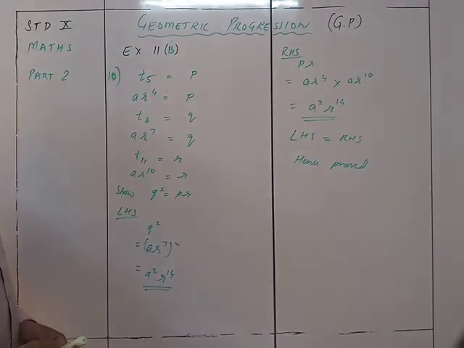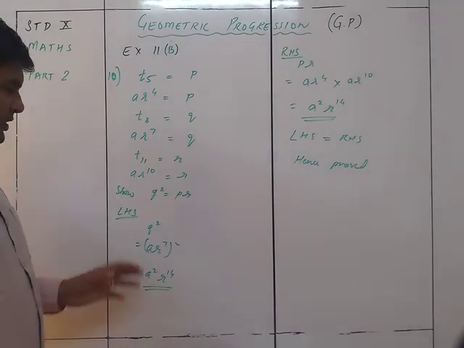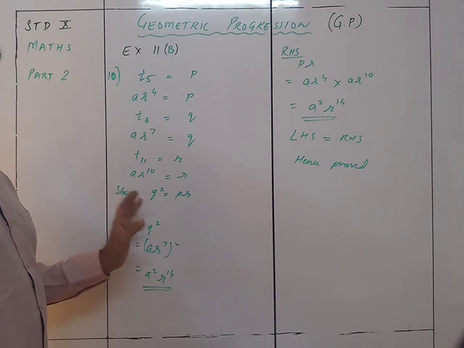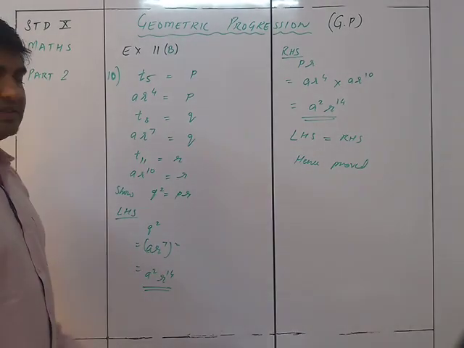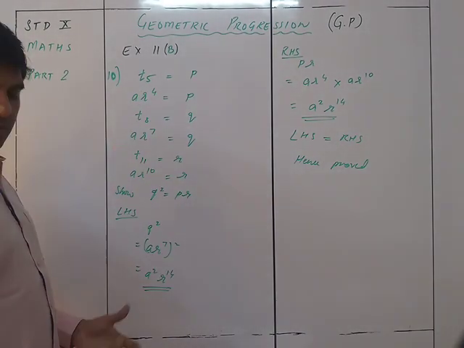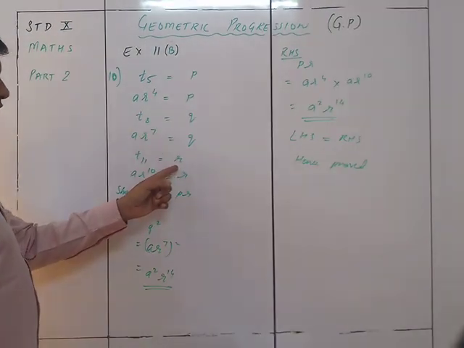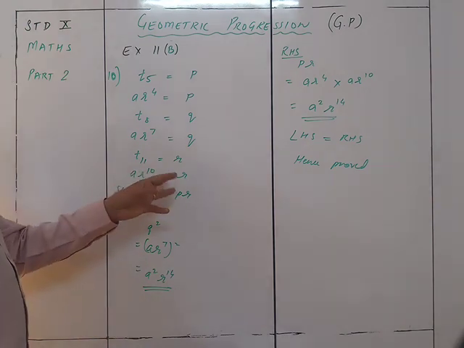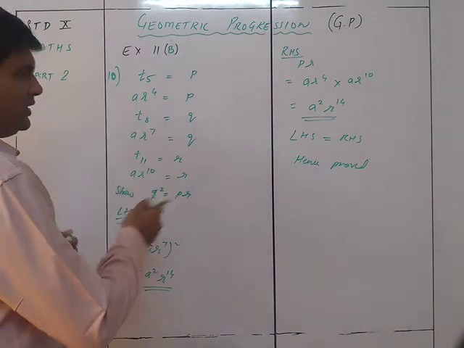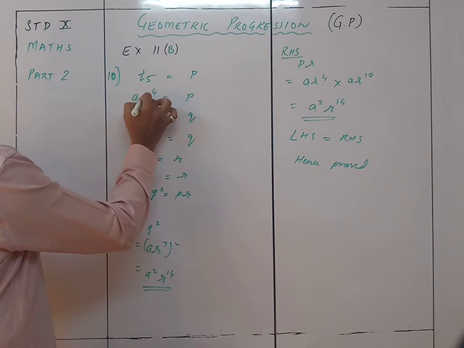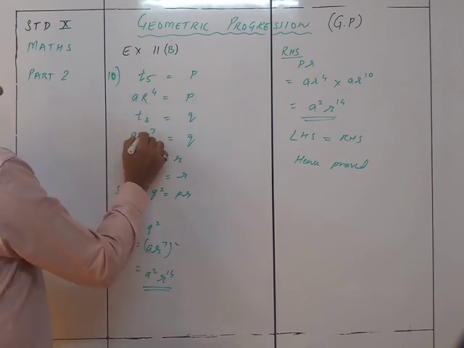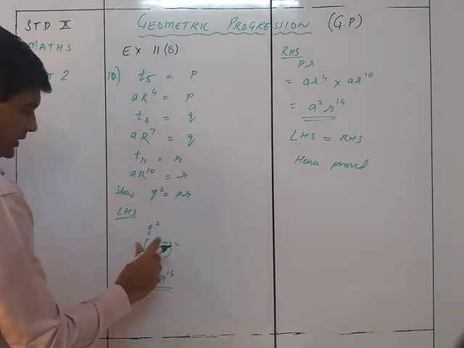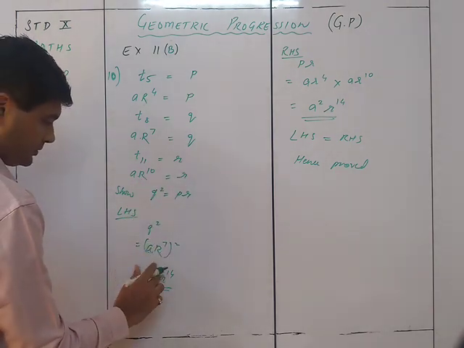So this is a very simple sum. But normally you feel confused about what is to be done in this case. You just have to understand one thing: you take the LHS and RHS and find out their values in terms of a and r. Now, of course, the R which is given here may cause confusion. So in that case, you can take this as a capital R or something, so there is no confusion regarding the r which is over here. So this is capital R, this is capital R.